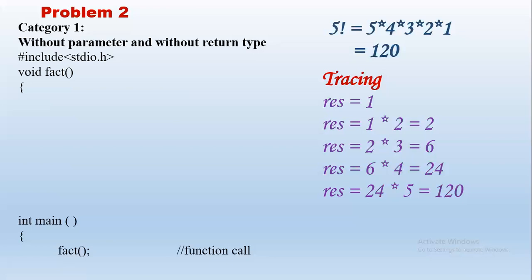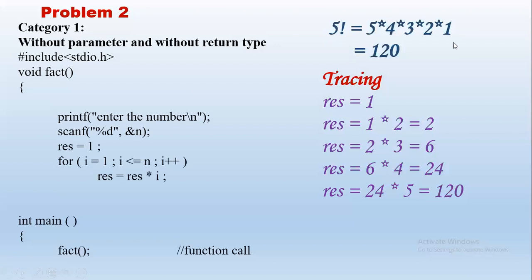So let us implement this function. Here we need the value of n. For example, here we have taken 5. So 5 is the value of n, and we have to find n factorial. If it is 5, we have to find 5 factorial. So we will start by initializing result as 1, and as we have seen, each and every result we will multiply by I. I starts from 1 and then again increments. So 1, next I becomes 2, 2 less than or equal to 5. So we will multiply result 1 into 2, we get 2. Then result is 2 into I becomes 3, we get 6 as the result.